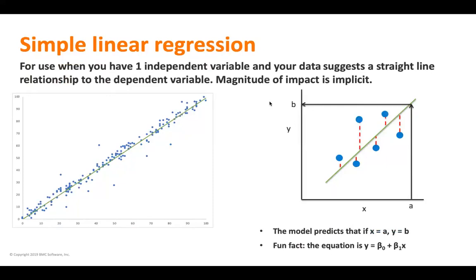So the thing about this model, it's very simple. It actually uses the equation that you learn in algebra in junior high school for creating a line. So you have a slope and an intercept and all that sort of thing. It's the same number. And when you look at it, you can tell what the impact of your variable is. First off, you know the variable has an impact, the independent variable, and then you can look at it and you can pretty much determine what that impact is. So it's a very, very straightforward